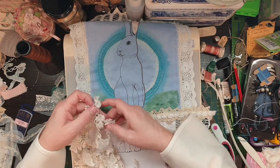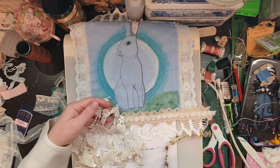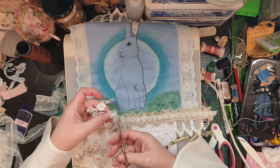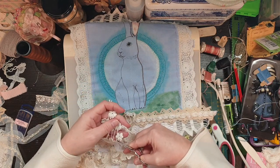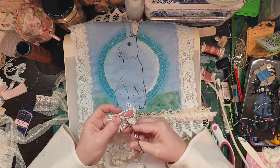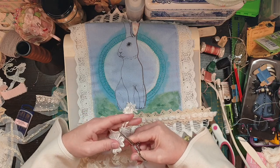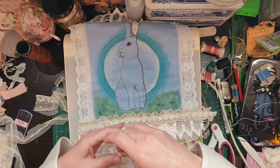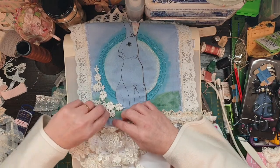So actually, while I'm here, I may cut that off because I've got to take it and dye it in some sort of colour. So I'll probably get my Brusho or even Tim Holtz Distress inks. They make good dyes. So